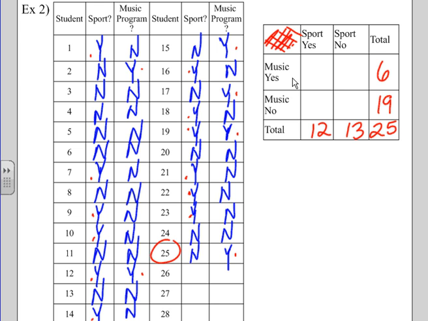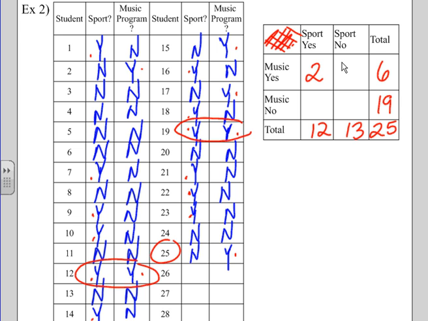Okay, we're going to find one more piece of data here. Let's see anybody who said yes to sports and yes to music. I have one person here at number 12. I have another one here at number 19. And that looks like it. So I had 2 people say yes to music and yes to